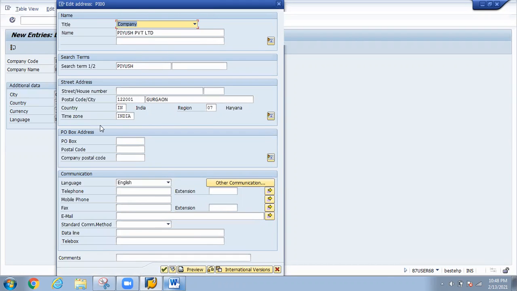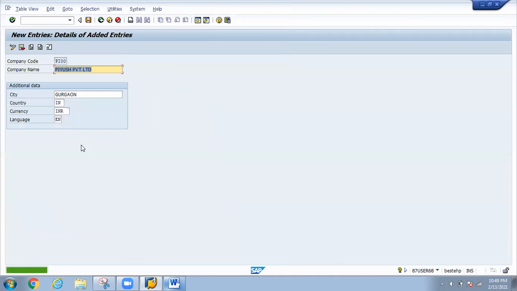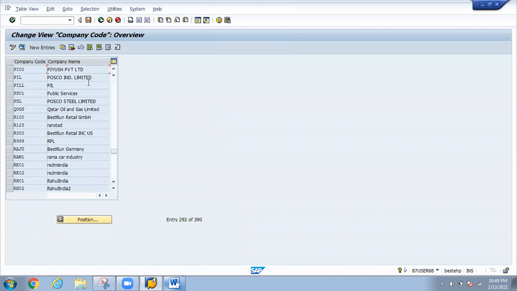When you click on the save button, the system is going to display the time zone for India, like you have made the input for country IN and state is 074 Haryana. So in the same request number we are going to save. Here we are not going to create more request numbers, because we have to make a note of all this, since every request has a configuration. That's why we have to note down all the requests we have created during the configuration or the mapping of the system. Just click there. So your company has been created.